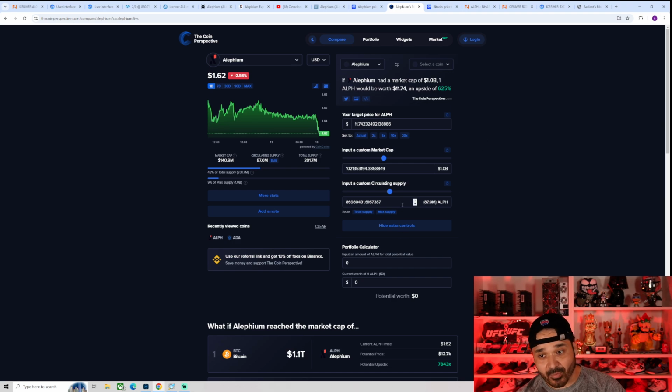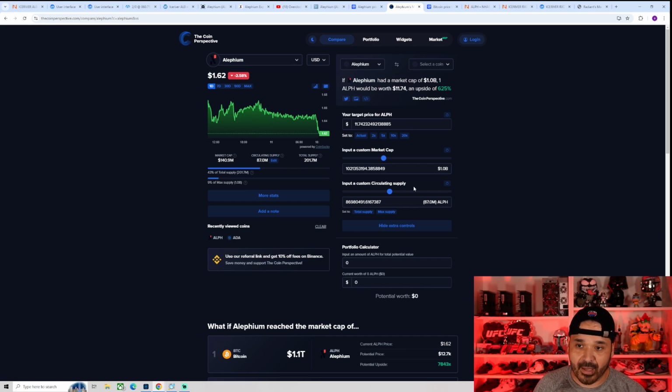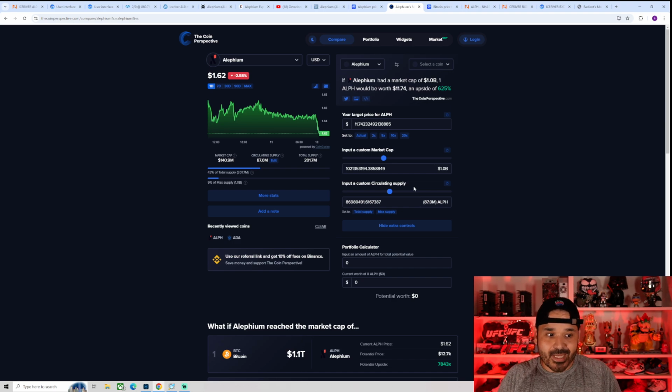So you can play around with the calculators. You can increase by the circulating supply just to ballpark it. But again, these are just roundabouts, okay? So again, even if it goes down to 1 Alph a day, I'm valuing that Alph at like $10 a day essentially. Okay, so between now and the next 3 to 4 months, however much I'm able to stack, that's what